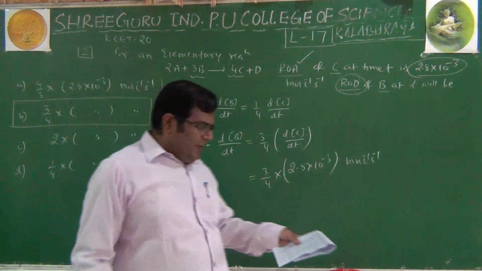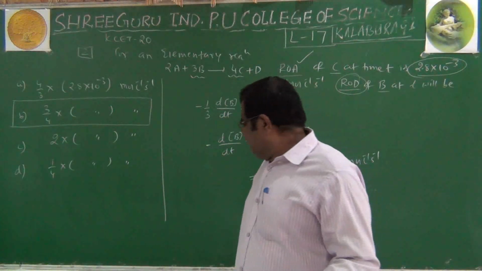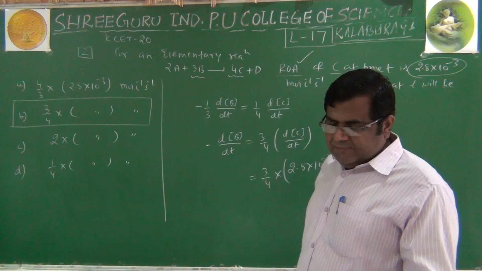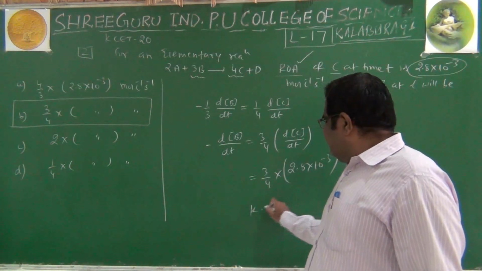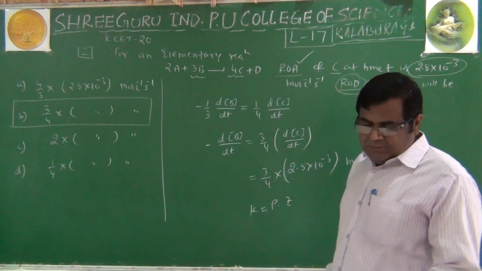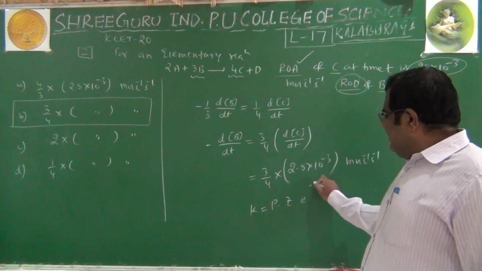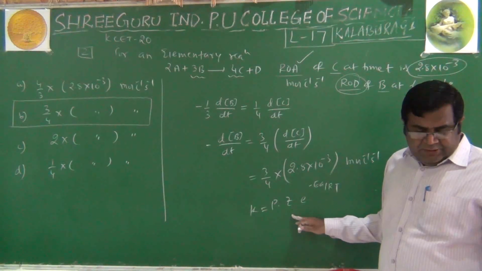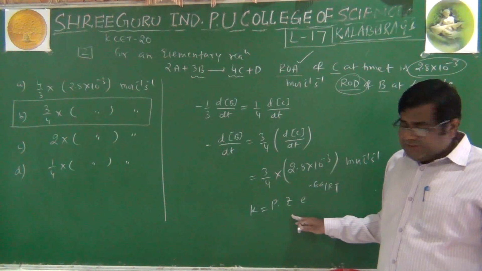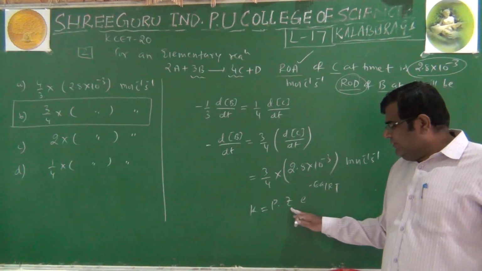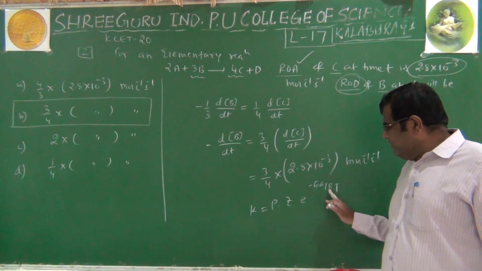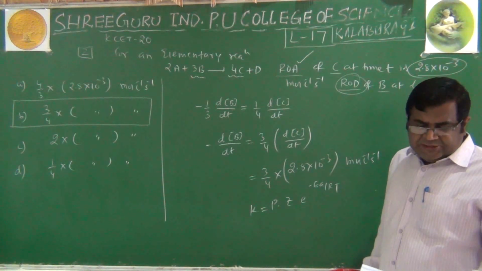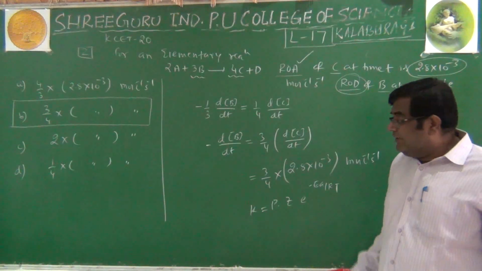One just theoretical question they have asked in 2020. The rate constant of a reaction is given by k equals to P Z e raised to minus Ea by RT. Collision theory of reaction rate equation is given. Under standard notation: rate constant, orientation factor, collision frequency, activation energy, gas constant, absolute temperature. In order to speed up the reaction, which of the following has to be decreased?